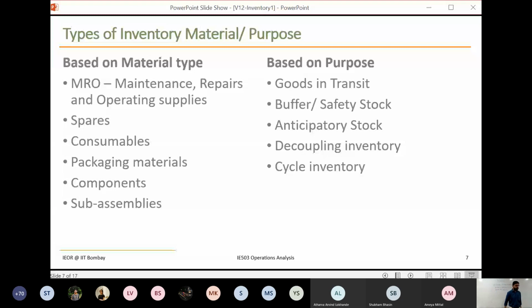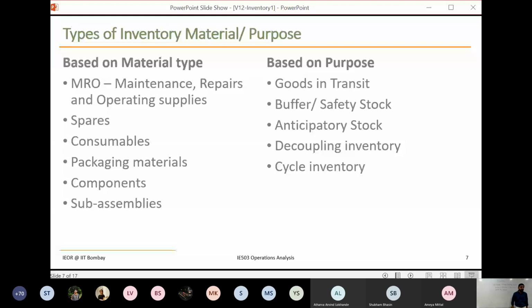You can even imagine this in your own home. When you buy, say, vegetables, you don't buy them for that meal's cooking. You buy and store, say, a week's worth of vegetables. At the start of the week, you may not have a place in the fridge to store everything, but at the end of the week, there is a lot of empty space. So we say that the average inventory is full minus whatever plus 0, divided by 2. That is assuming you consume a constant little amount every day. So that is called cycle inventory.